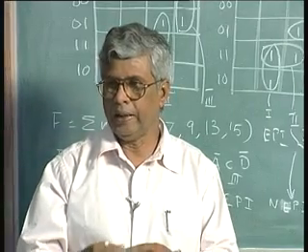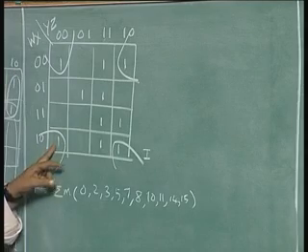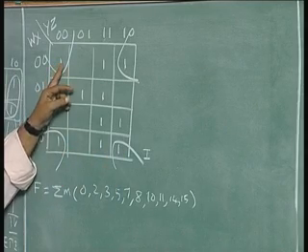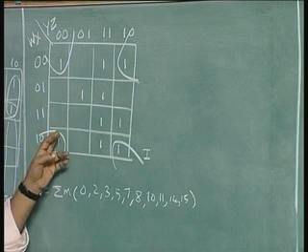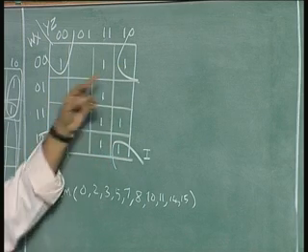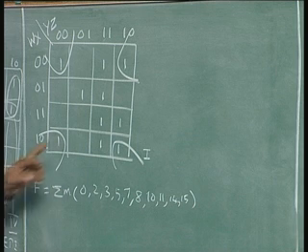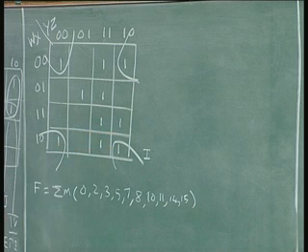I said the other day the adjacency, this cell is adjacent to this cell as well as to this cell. This cell is adjacent to this cell as well as to this cell. This is adjacent to this as well as this, and so forth. So, all the 4 cells are adjacent to each other, very similar to something like this or something like this. And this is an essential prime implicant because this one would have been